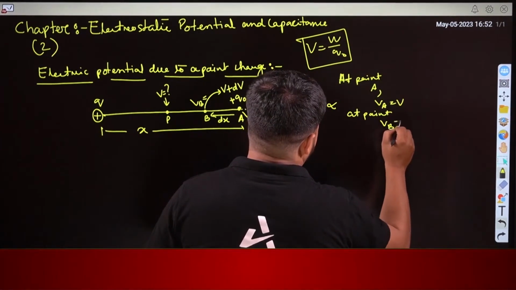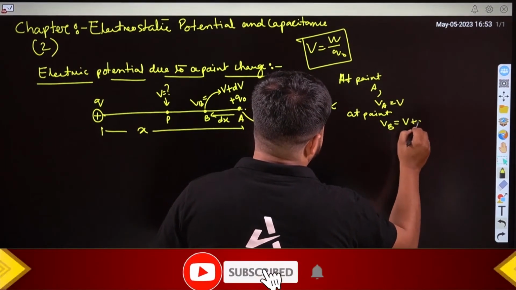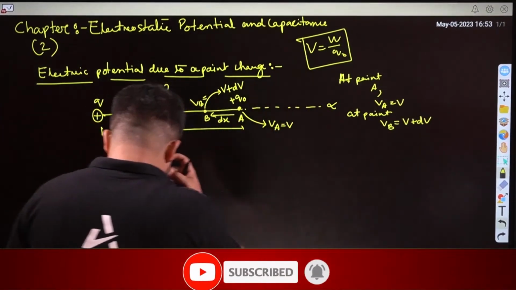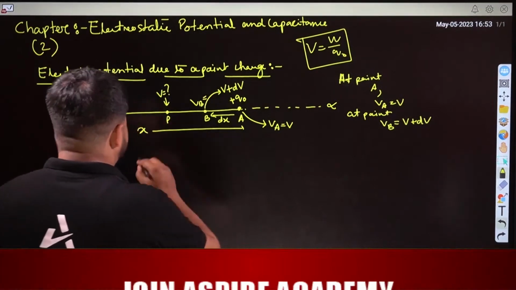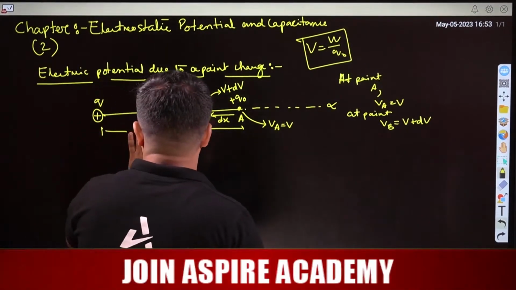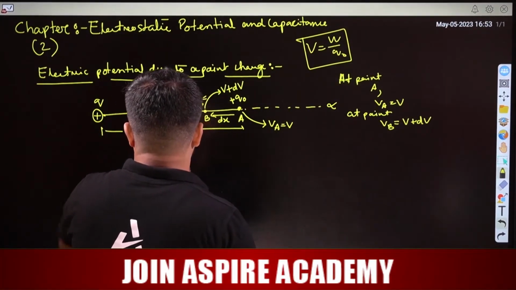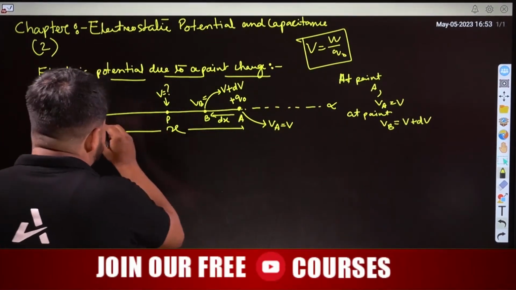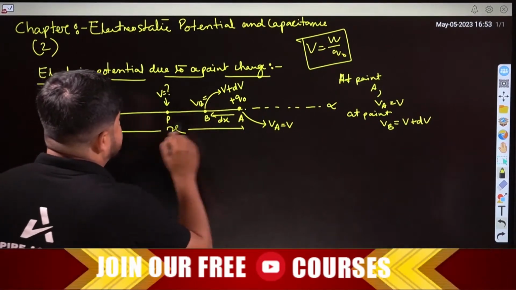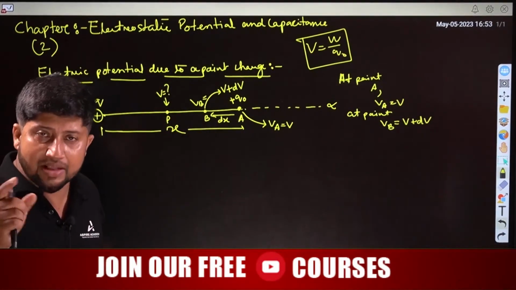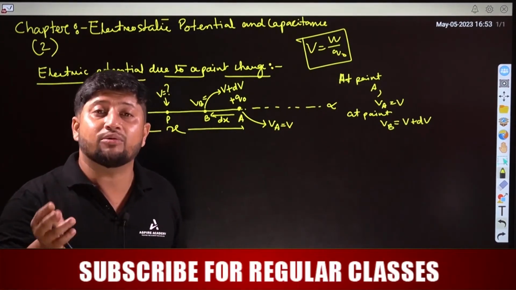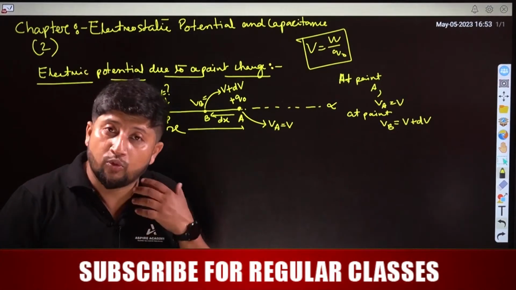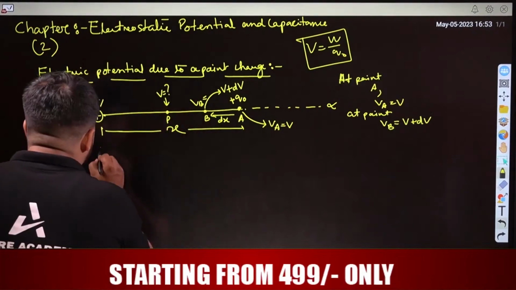Potential Vb, electric potential, is equal to V plus dV. Okay, so next one: two charges are placed here with a distance of x. This is a positive charge, distance is x, and the force of repulsion takes place. How can we calculate this force of repulsion? With the help of Coulomb's law. So now, according to Coulomb's law